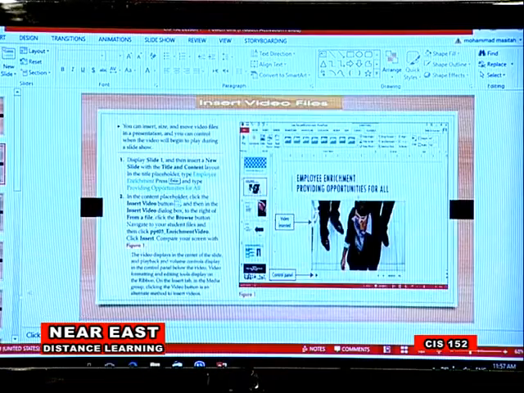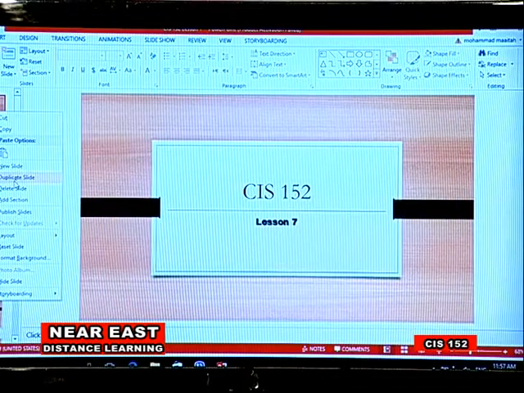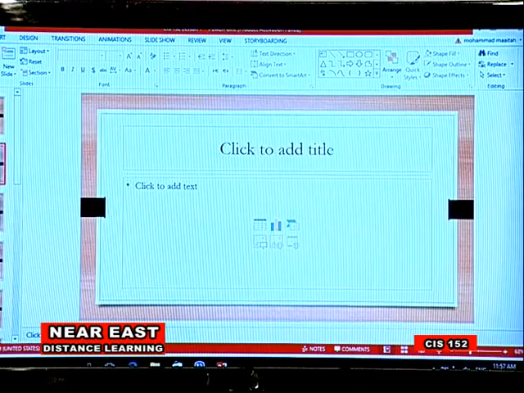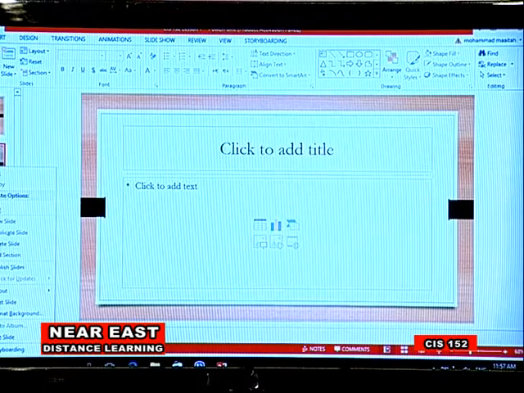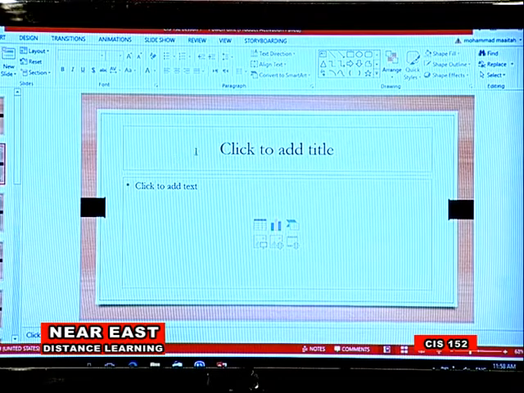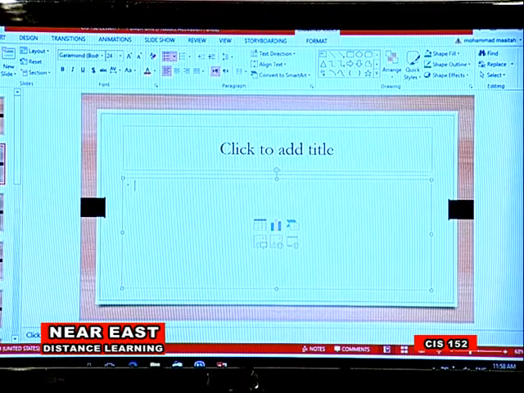Let's try to make it. So we go to Insert, we choose any slide, or we make a new slide here. Let's say here, New Slide, or we can do Duplicate Slide. We delete this slide from here. I'm just showing you how to make a new slide. We come here, we go to Insert,